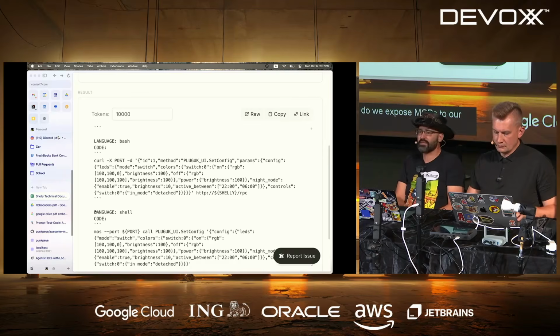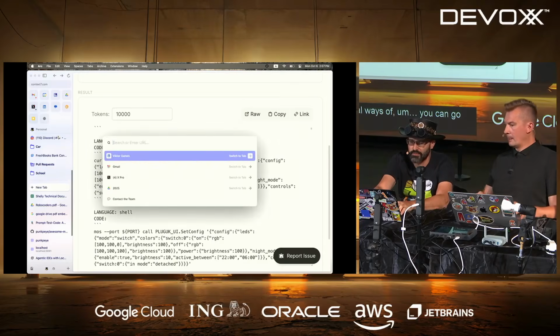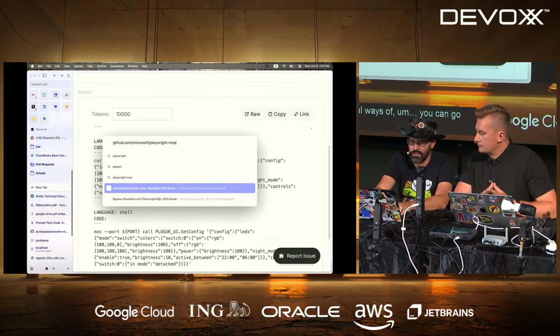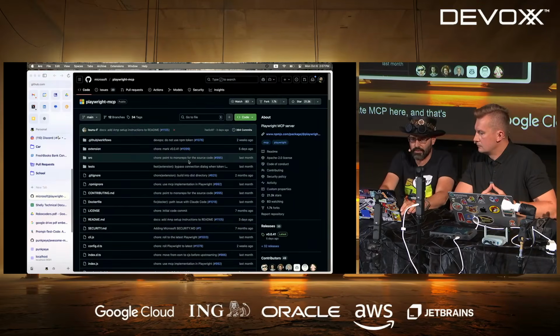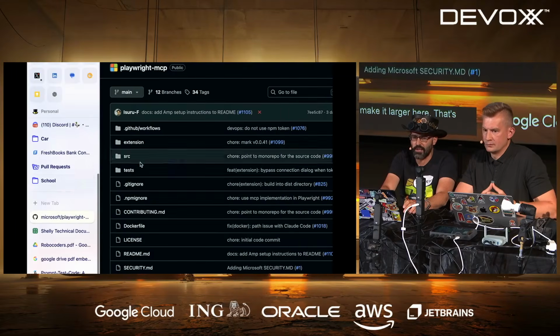There are obviously the canonical ways. You can go to, for example, Playwright MCP here. And that's another MCP that we really, really like. This one is from Microsoft.